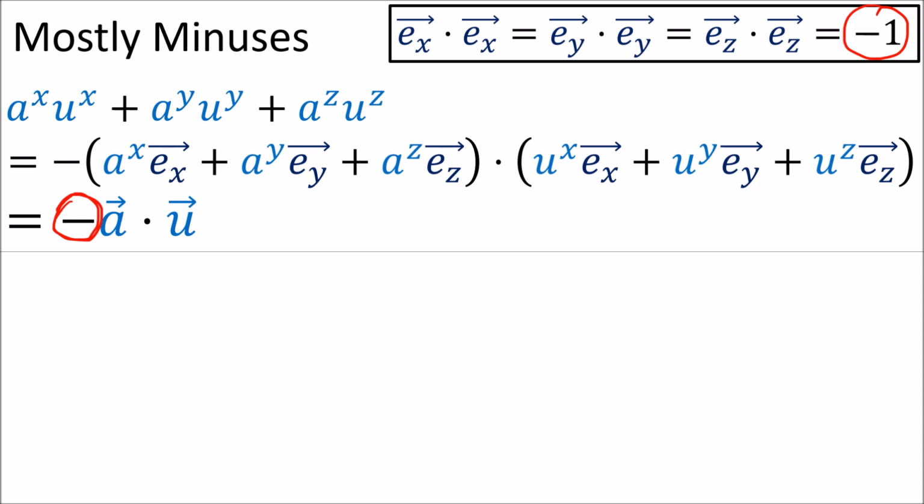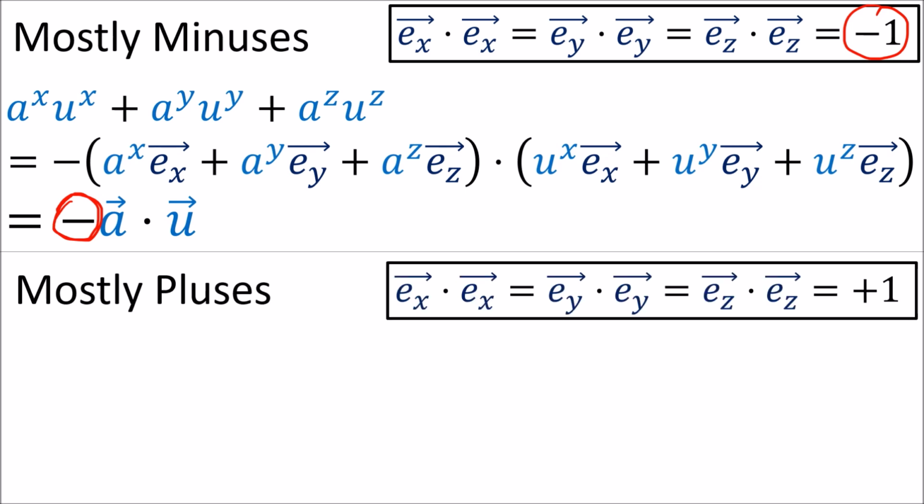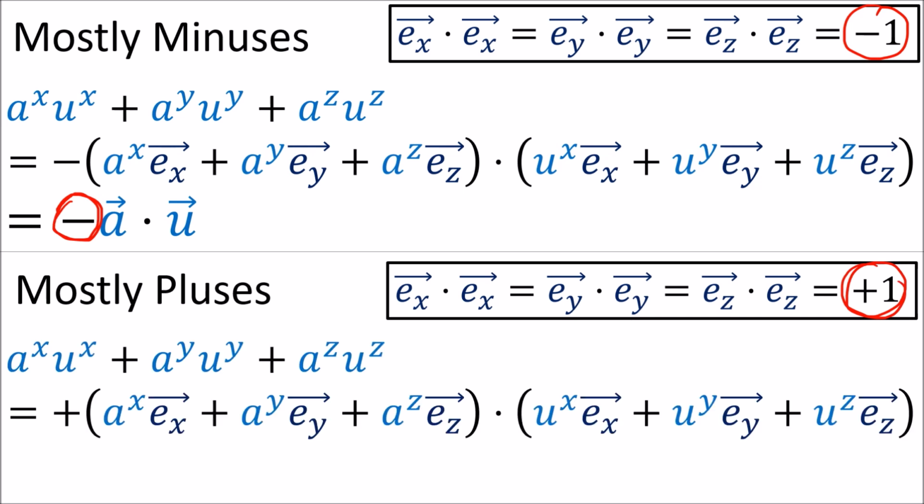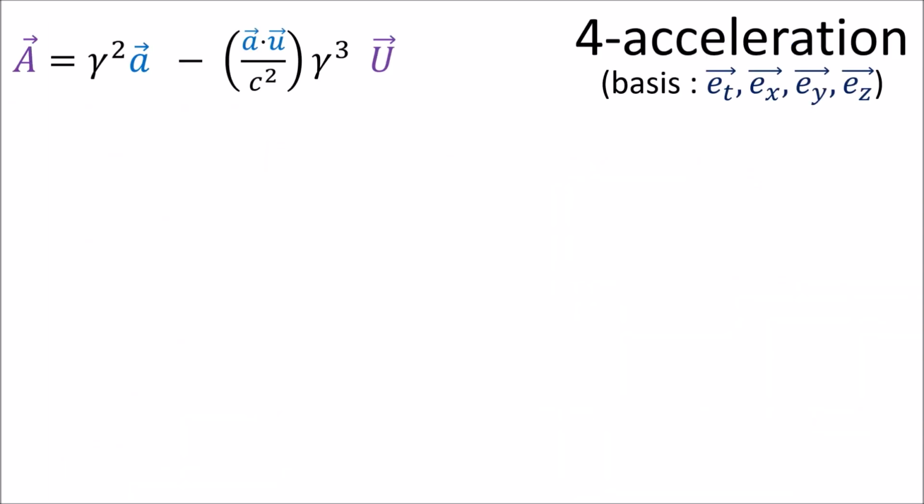If we had used the mostly pluses convention, where a position vector dotted with itself gives +1, then this negative sign would be a plus sign instead. So this is something to keep in mind if you see this formula in textbooks or websites with a different sign convention. So this is the formula for the 4 acceleration,